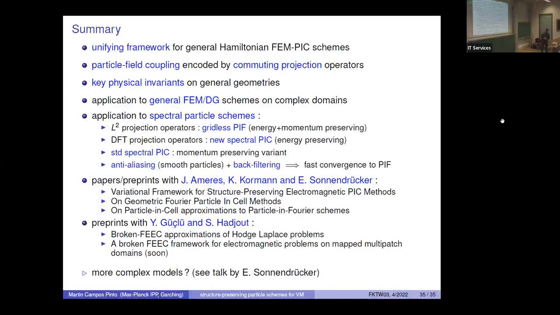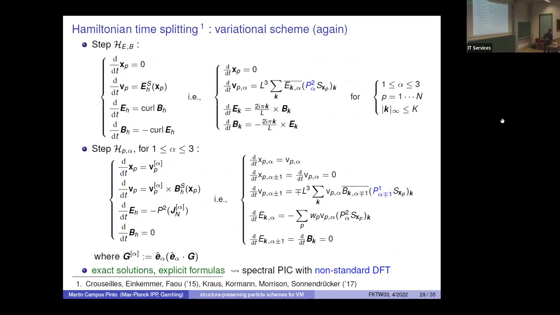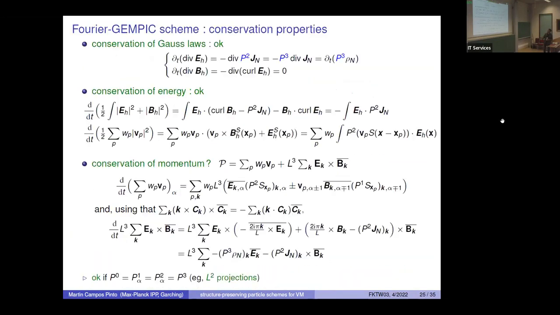I have two questions, both very basic. The first one is, I don't understand your distinction very much between gridless PIC and DFT. Once you use a computer, eventually that Fourier transform is going to be some kind of discrete Fourier transform. So how would you do PIC without a DFT in a computer?